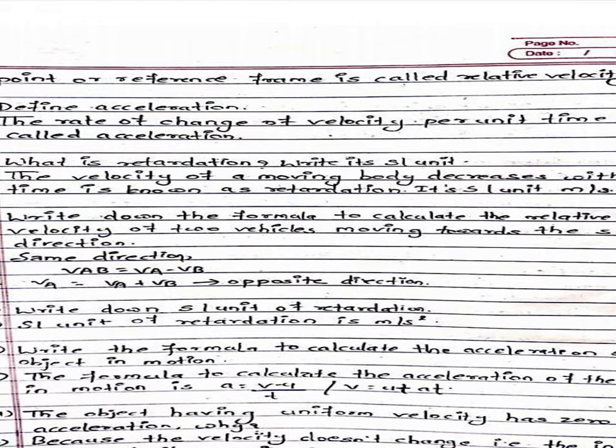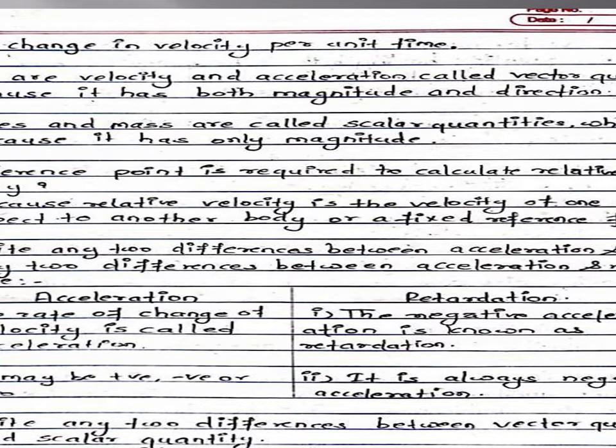So mathematically, if you want to solve, then you have to write a is equal to v minus u by t. The velocity is uniform, which means the final velocity and initial velocity are the same, so the same thing cancels, so 0 by t, that is 0, so the acceleration is 0. Change in velocity per unit time, same thing. Acceleration becomes 0 when the body is in uniform velocity.